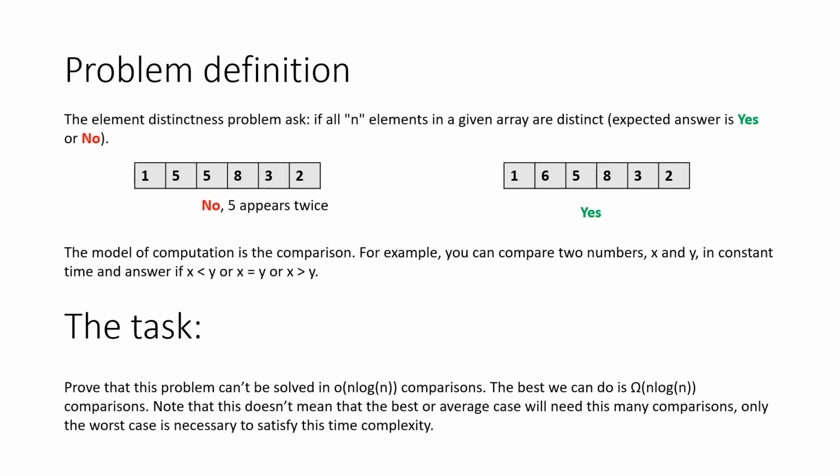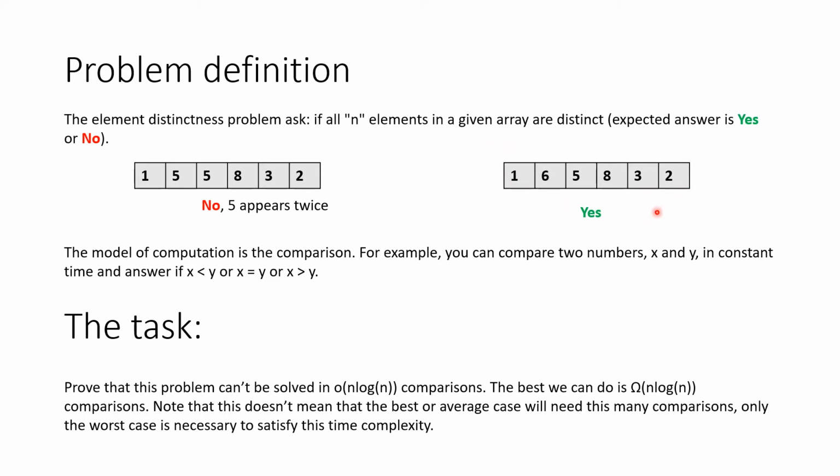Let's begin by defining the problem. The element distinctness problem asks if all n elements in a given array are distinct. We're expecting a yes or no answer. For example, on this array, we have the element 5 repeating, therefore we will say no. The array is not distinct, and for this example, none of the items are repeating, therefore we will say yes,